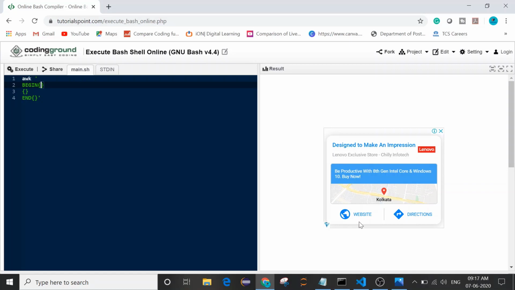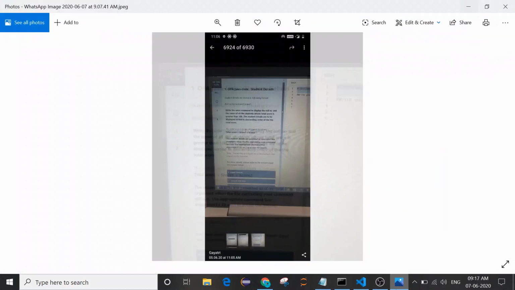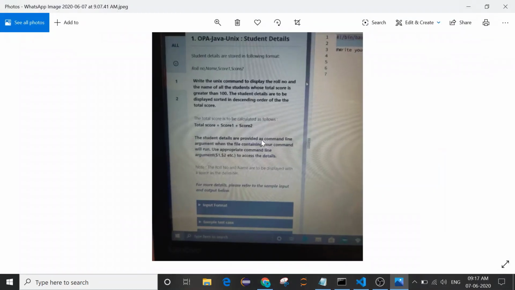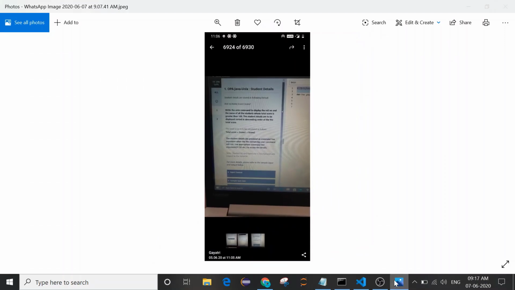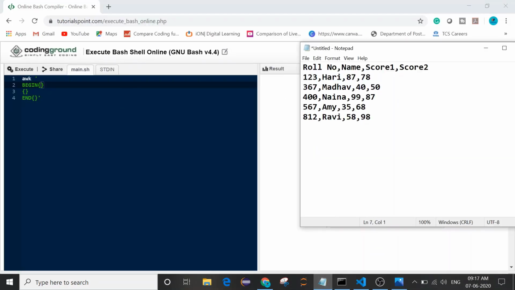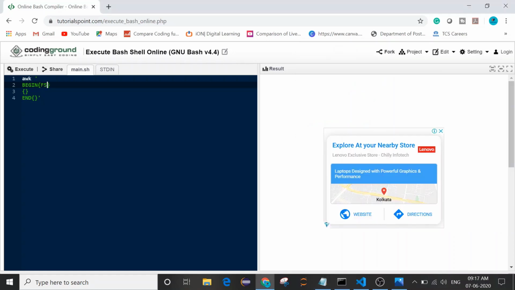And here they are saying that this is the input divided by comma. We have to use FS here, that means field separator. What is the field separator? It's comma. Okay, now here we need to use, first of all, inside this it will iterate